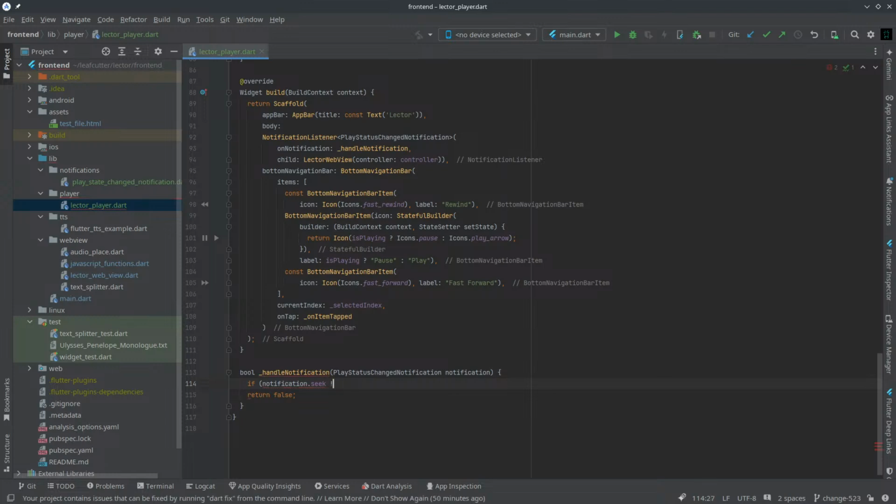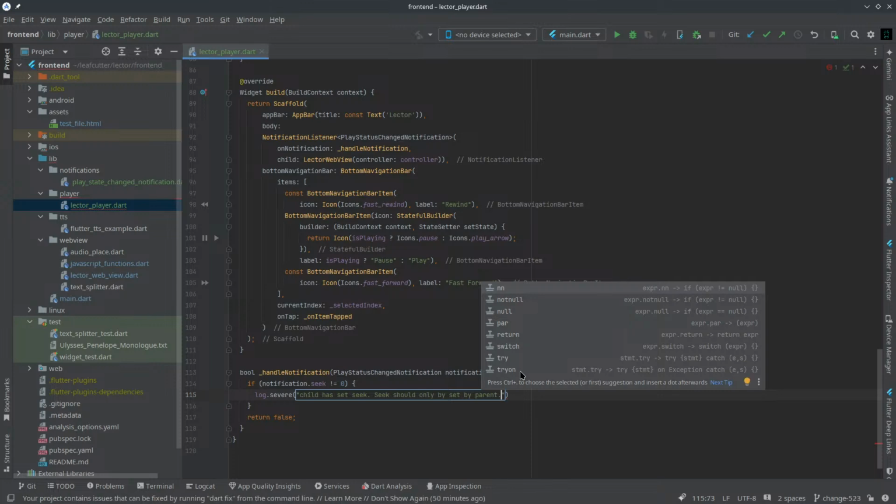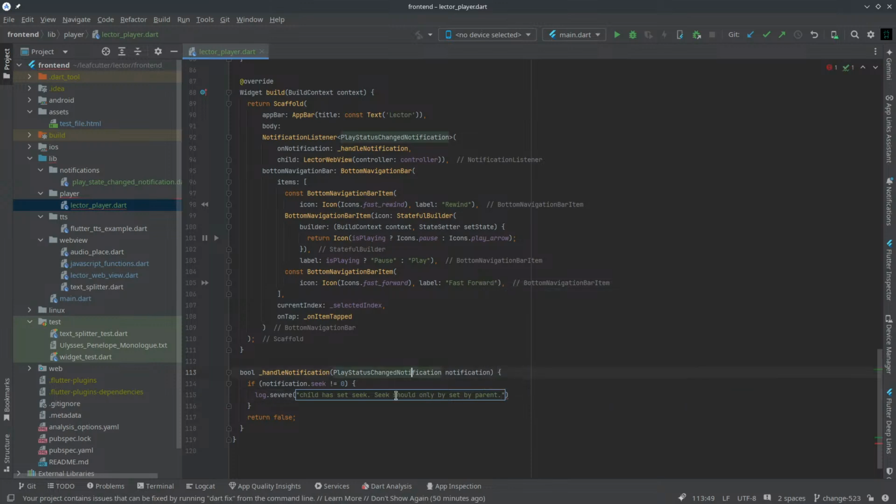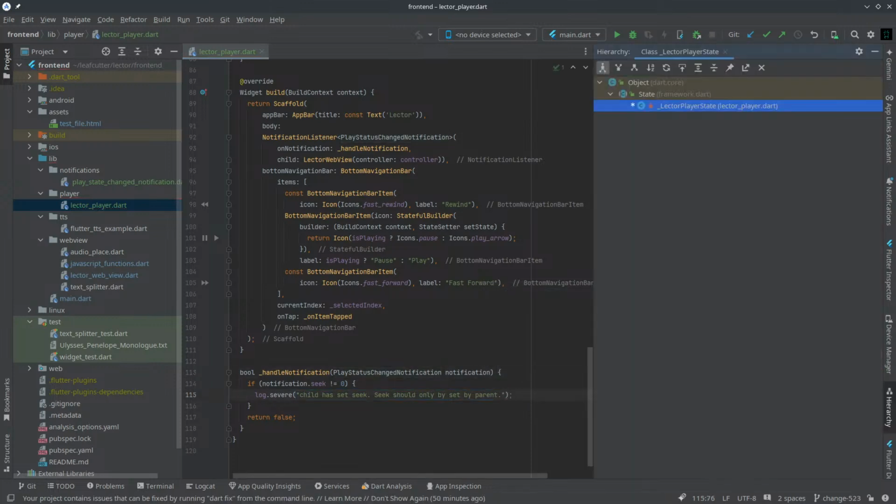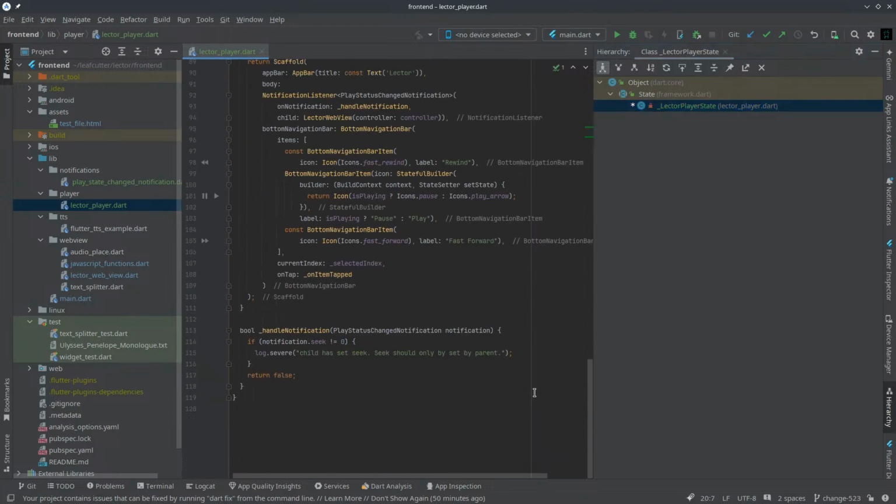So if the seek is set currently, we're going to treat that as an error. I'll say child has set seek. Seek should only be set by parent. And this can change if we change the design. But otherwise,